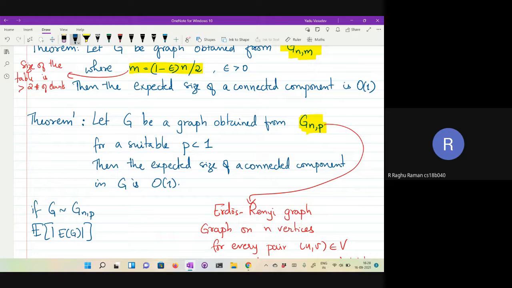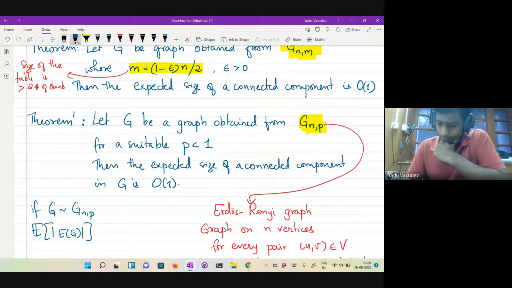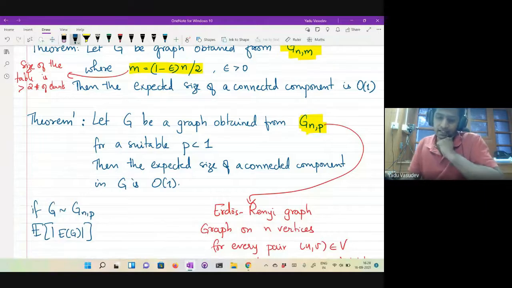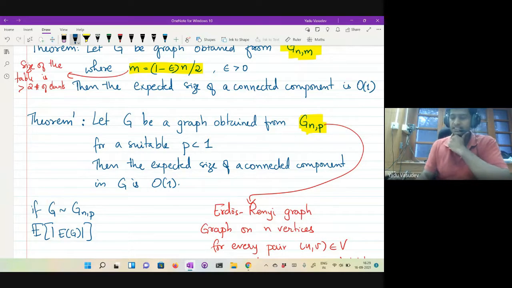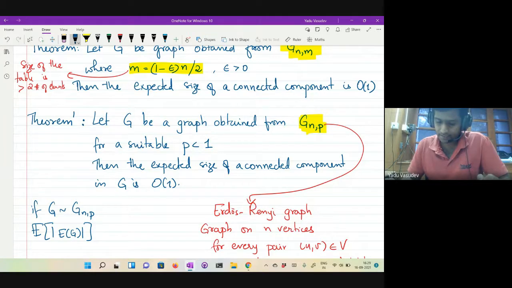N square p. Yeah, n square p. Let's assume for now that we are working with a graph without loops, so it doesn't matter. So let's say it's n square p.